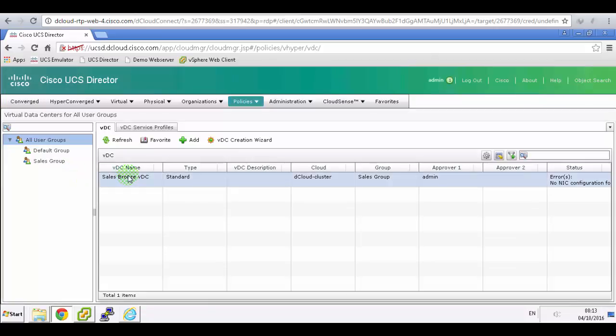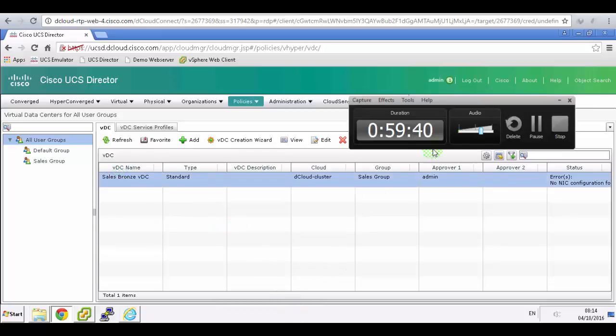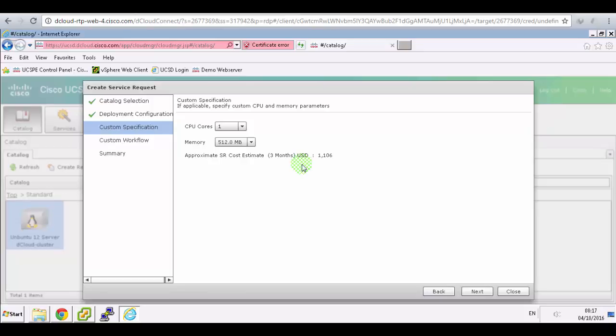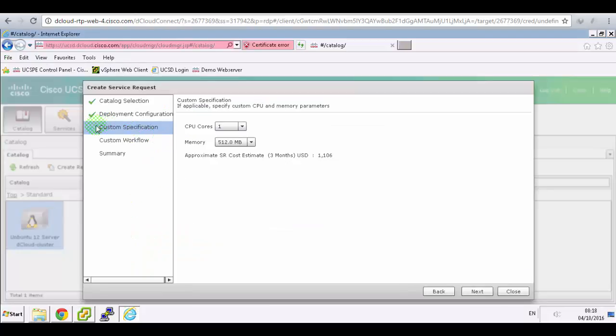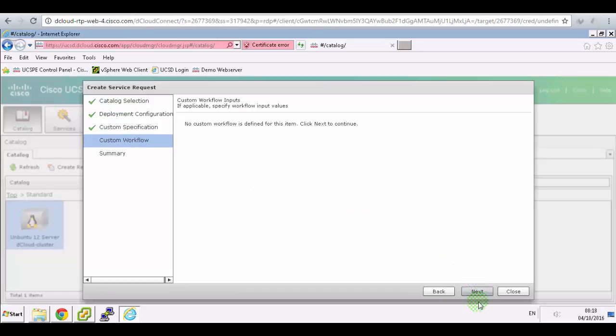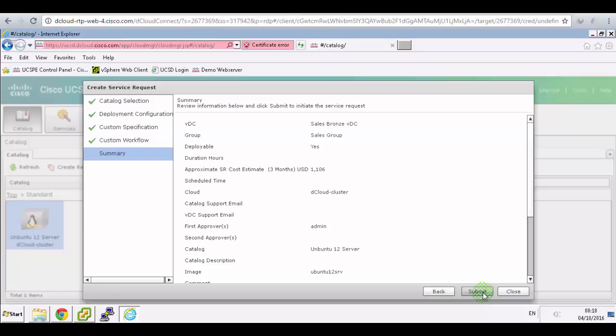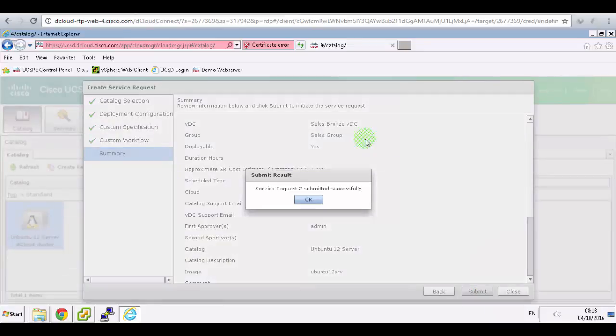And I've got my data center, no need for configuration. So that's the problem. Sort it out. And it turned out that for some reason the VM did not start itself. So I turned on the UCS Director VM manually, and then it let me move to the next stage of the workflow